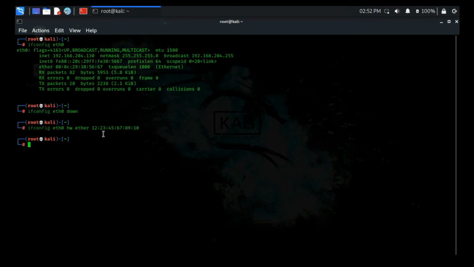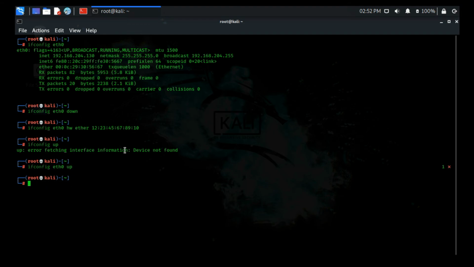So I will just bring my interface up now. Sorry, ifconfig eth0 up. So I just brought my interface connection up.